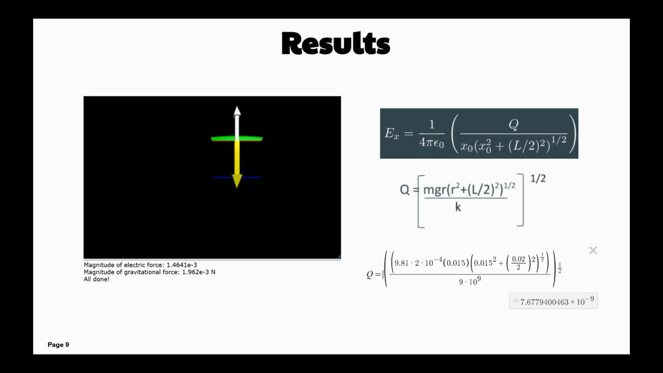So finally, we got the magnitude of the electric force of 1.4641 times 10 to the minus 3 newtons, and the gravitational force had a magnitude of 1.962 times 10 to the minus 3 newtons. And the final charge was 7.68 times 10 to the minus 9 coulombs. So the